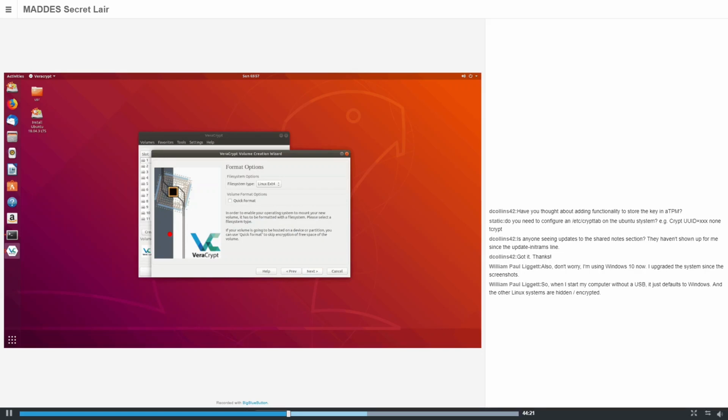What William's saying is that when he starts his computer without a USB, it just defaults to Windows, and the other Linux systems are hidden and encrypted. Now, one of the big things about this is the reason why you want to have plausible deniability or have the hidden system